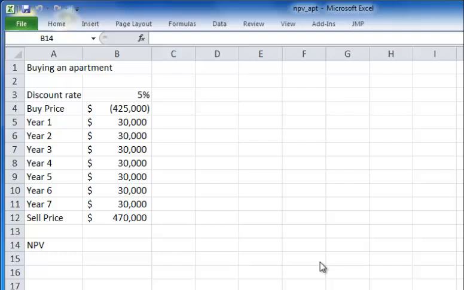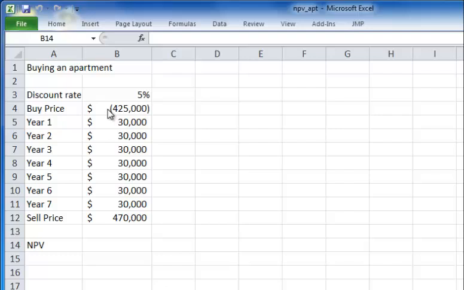In this example, we discussed the usage of net present value calculation in Excel. I have here a simple example. Suppose Tom is interested in investing in real estate. This apartment costs